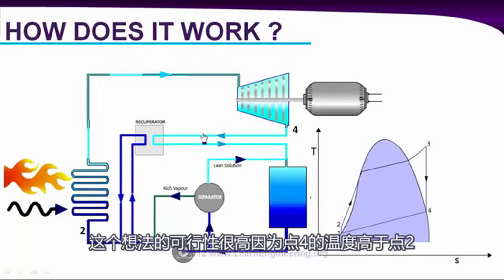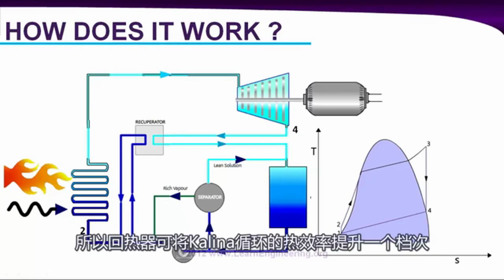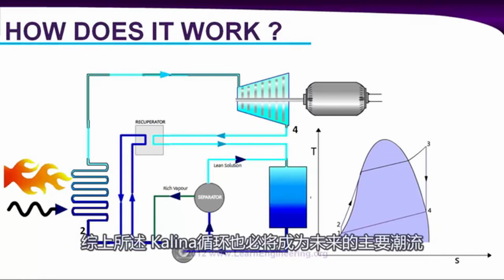This is obviously possible because the temperature at point 4 is higher than the temperature at point 2. And thanks to the recuperator, you need not supply the same amount of heat input you supplied before. So recuperator heat transfer increases the thermal efficiency of a Kalina cycle to a much higher level. And all these things prove that the Kalina cycle is a power plant technology